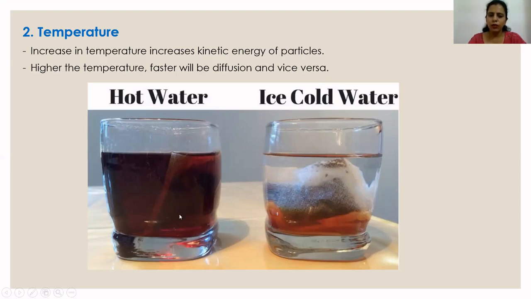they have received more amount of kinetic energy. So they have moved from tea bag, that is higher concentration, to the entire water where the concentration of tea was nil. Okay, but in case of ice cold water, as the temperature was very low, the kinetic energy of these tea particles was decreased. And hence the tea particles were not able to move from higher concentration, that is from tea bag, to the lower concentration. Okay, so remember this, as temperature increases, rate of diffusion also increases, and the reason is increase in temperature increases the kinetic energy of the particles.